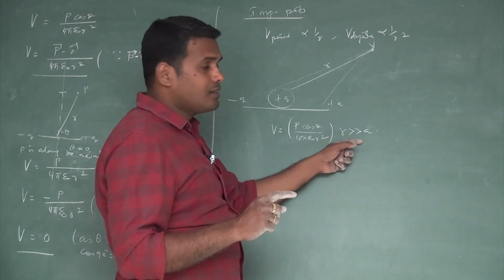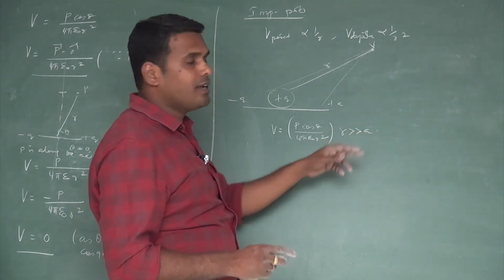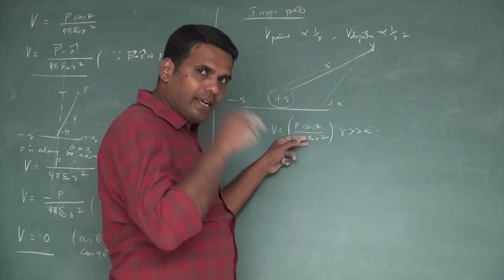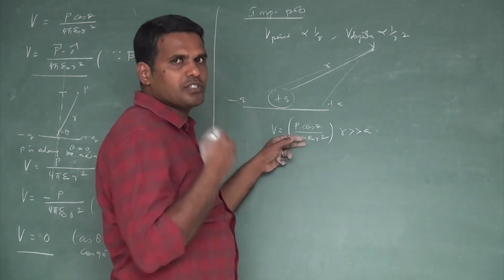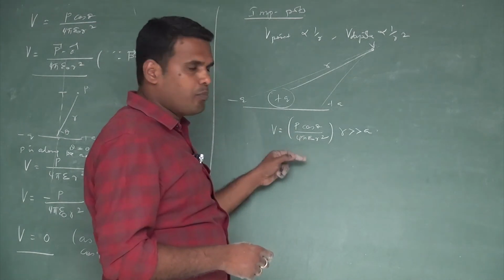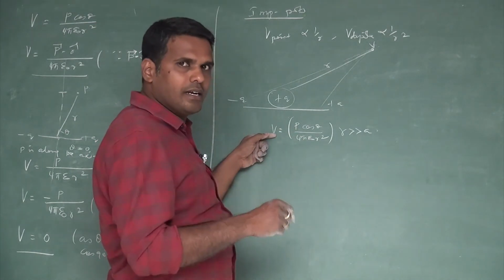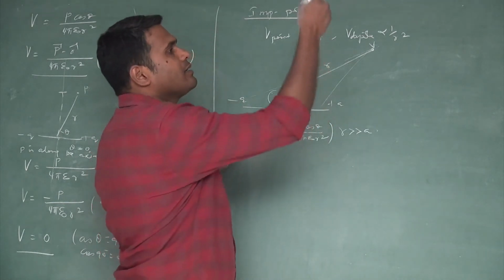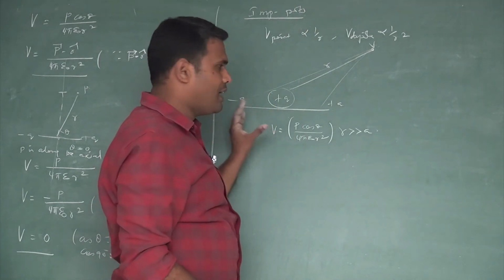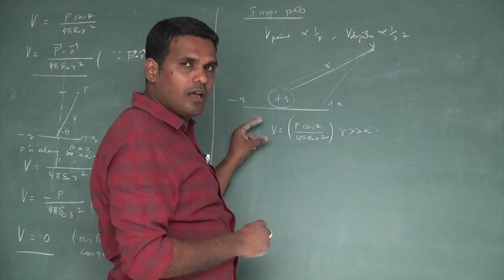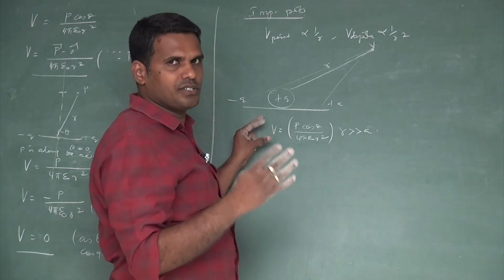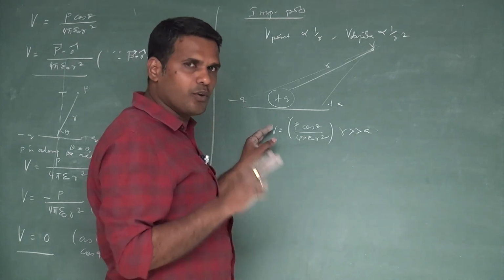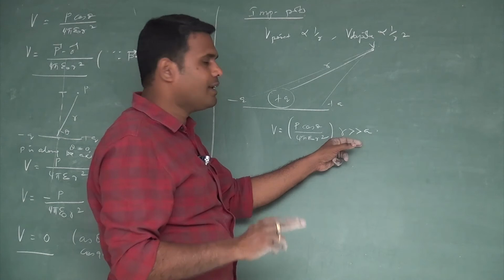If r is not much greater than a, then this equation is not valid for all distances. But for point dipoles, as we saw in the definition of a point dipole earlier, this expression is valid for any distance. So this equation can be used for any distance, close to the dipole or far away from the dipole. This expression is valid for point dipoles for any distances, but for a finite dipole it is valid only when the condition r is much greater than a holds.